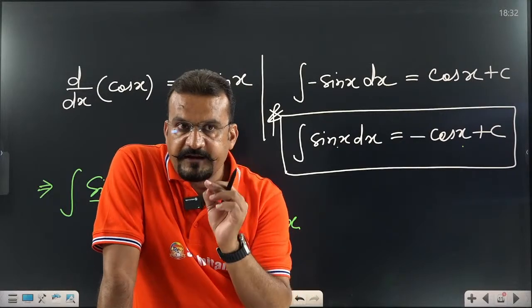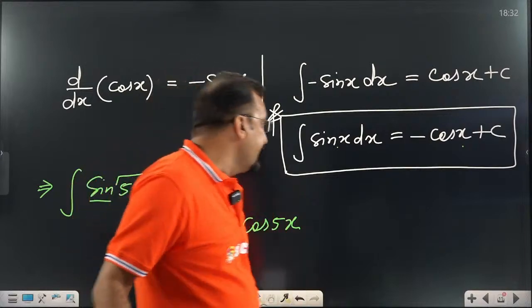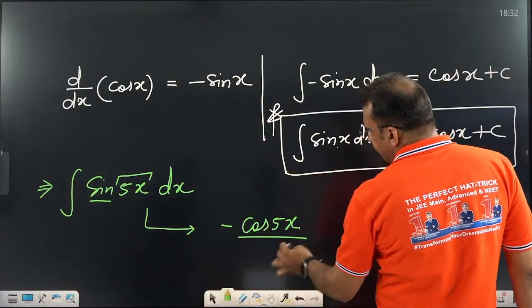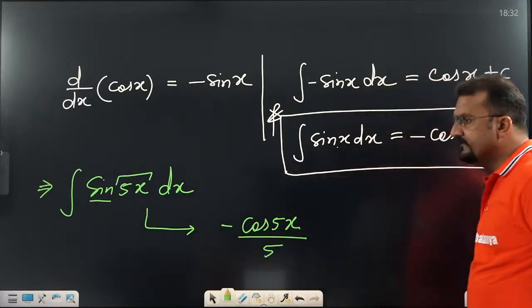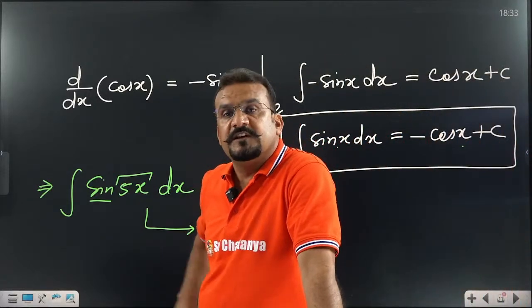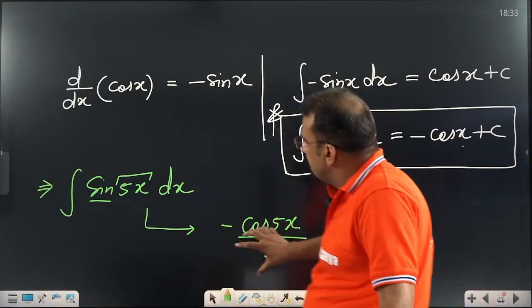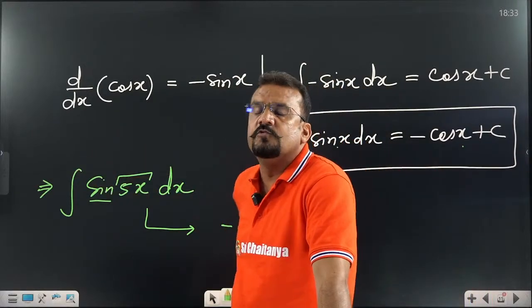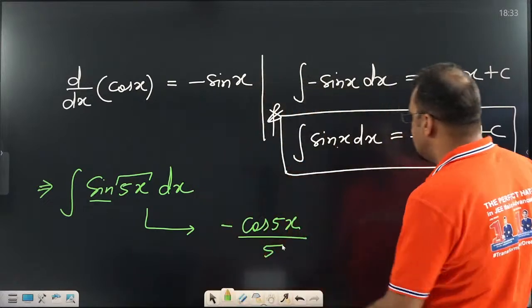But when we are doing integration, just divide that part. Divide by what? Divide by 5. Sometimes if you are confused about whether this is right or wrong, just differentiate this part. If you get the same result, that means you are doing it right. This is the simple concept.